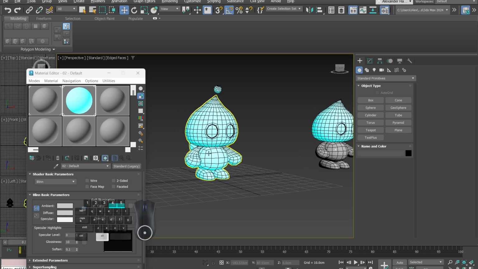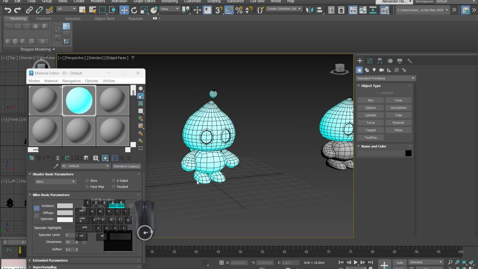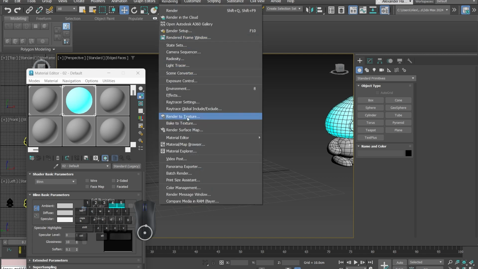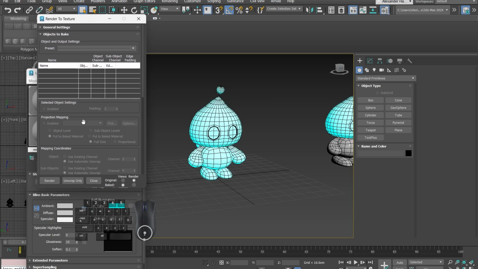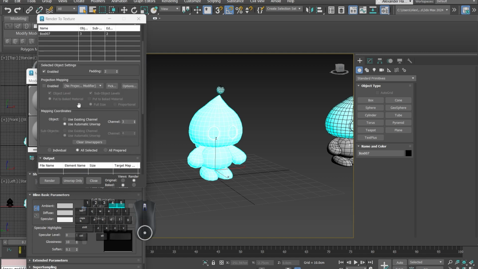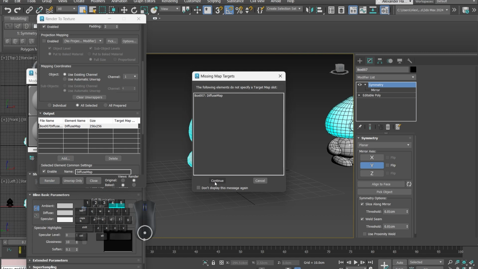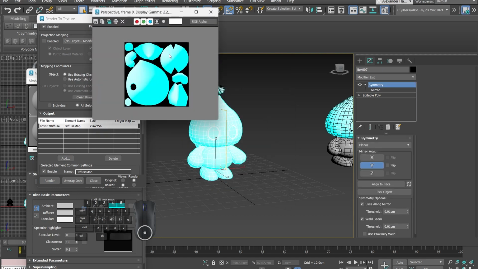and then I'm going to press 0 on the keyboard and click render to texture. Another way you can access that is go to rendering and you can go to render to texture, and we're going to click on the object we want to render. We're going to add on about 8 pixels of padding. We're going to use the existing channel. We're going to add a diffuse map and we're going to render that, and we get this, which is fine,